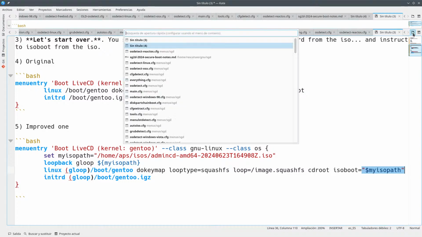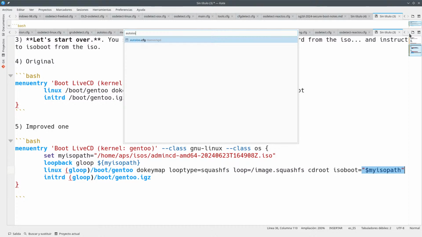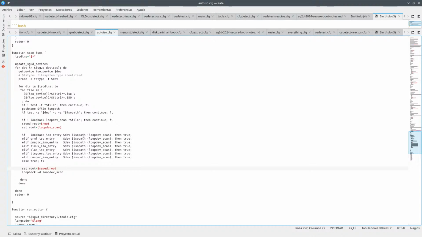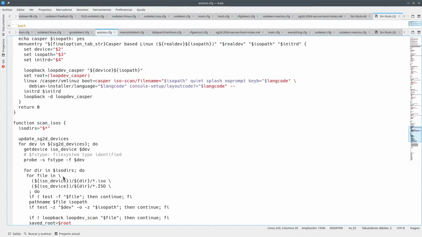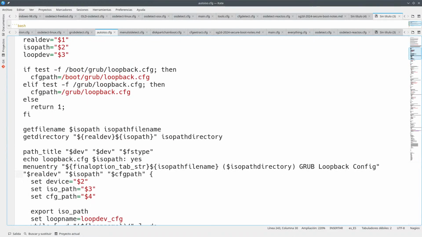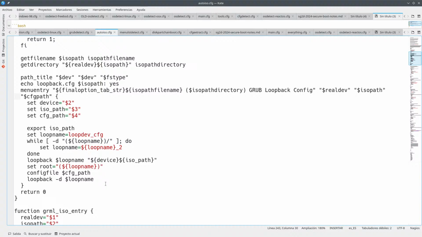How the hell do we do this on the ISO? Wait a moment. Loopback ISO entry. Set root loopback. Yeah, but this is not. Loop name 2.